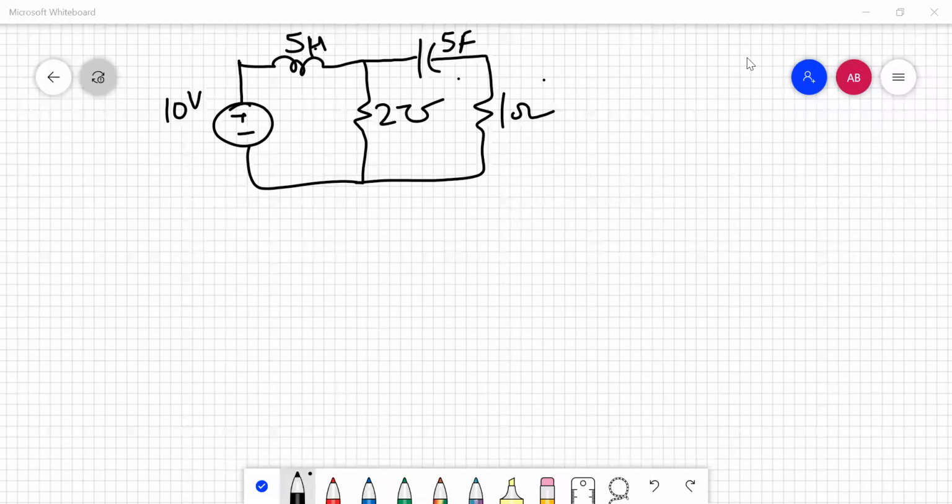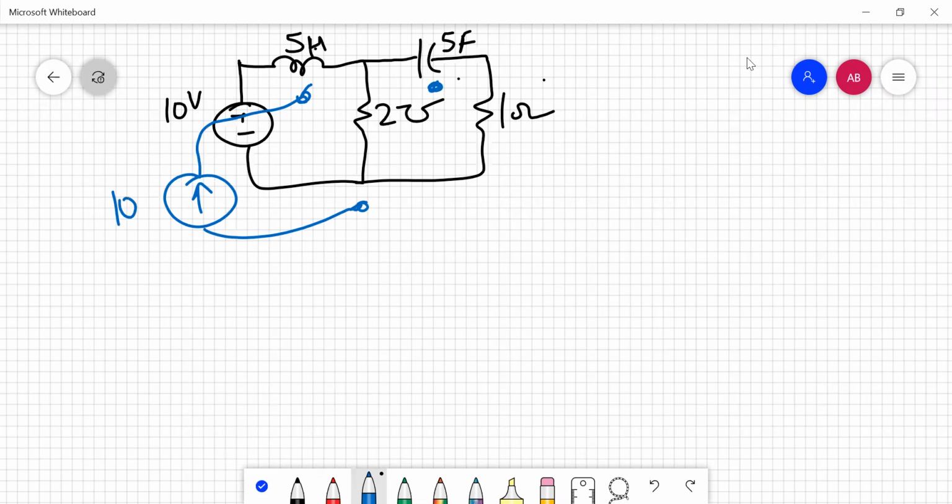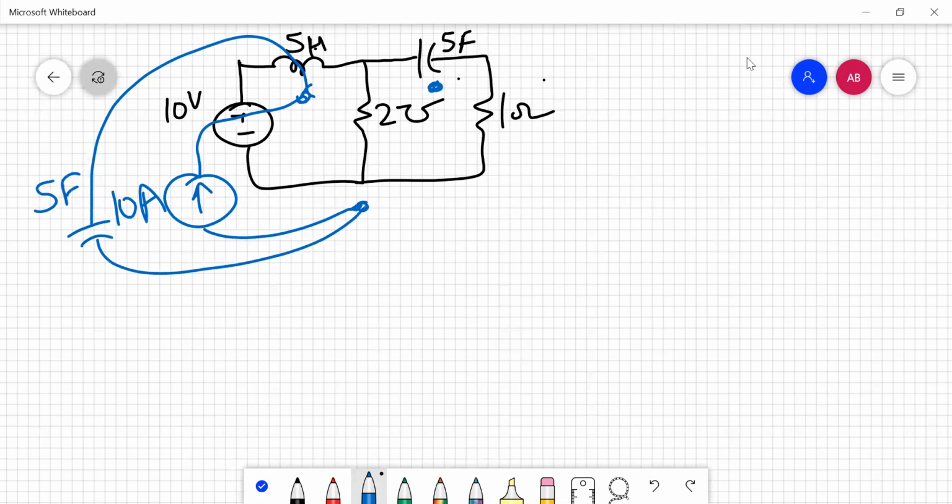So now we come on to our next numerical, that is having the numerical values of the elements that we have used here. So again, I am going to start with the rules that we just learned. I have got two loops, so two nodes here and the reference node here. So now this 10 volt will be replaced by, mind that the numerical value will not be changed, 10 amperes only. So now your 5 Henry will be replaced with 5 farads. That is the unit of the capacitor.